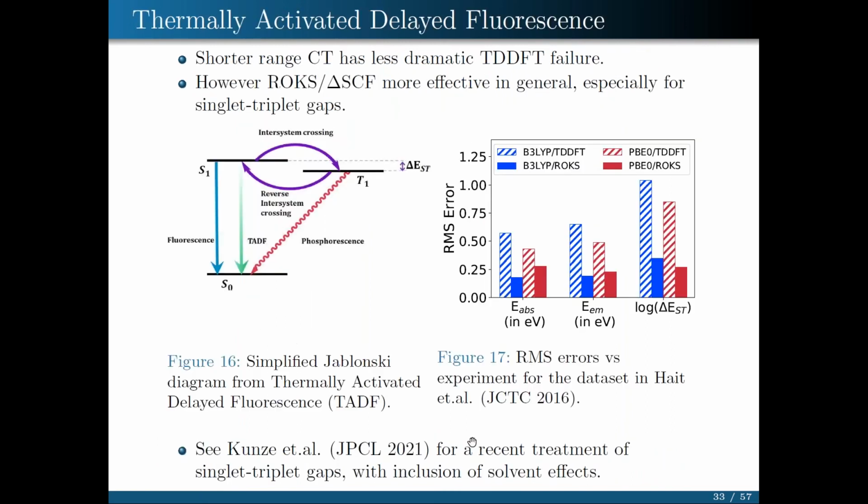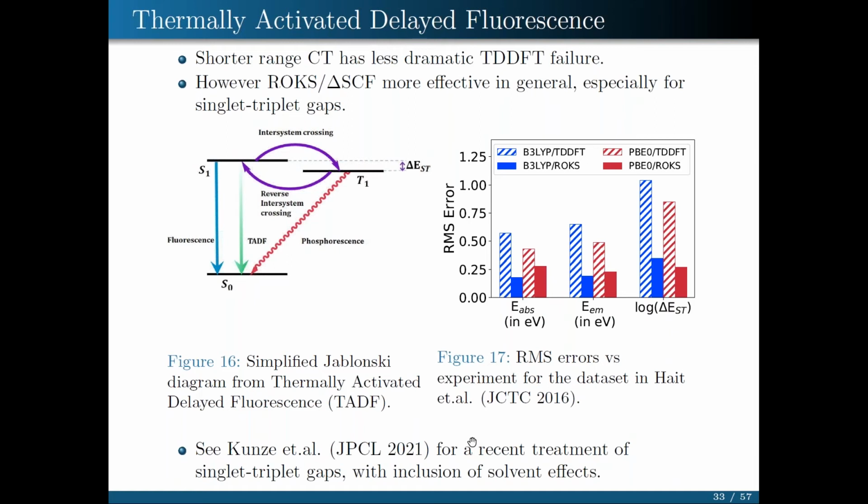That's a long-range charge transfer problem. In shorter-range charge transfer, the TDDFT errors are somewhat less dramatic, although still pretty significant. As the range of charge transfer gets shorter, the more valence character it starts to have. However, ROKS or delta SCF remains the more effective tool for modeling such short-range charge transfer as well, especially if